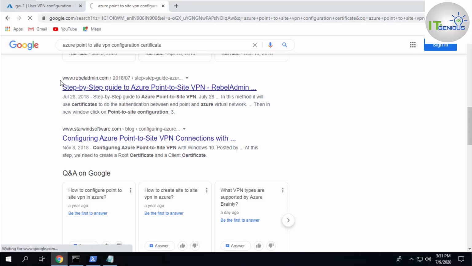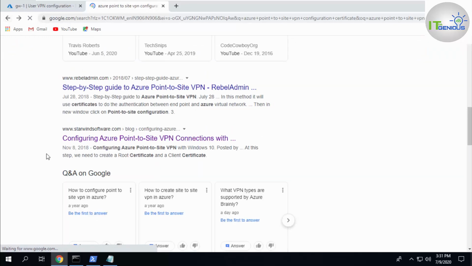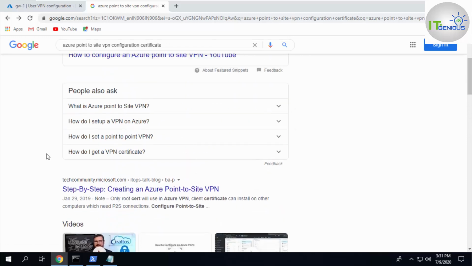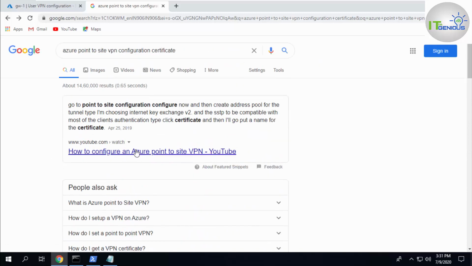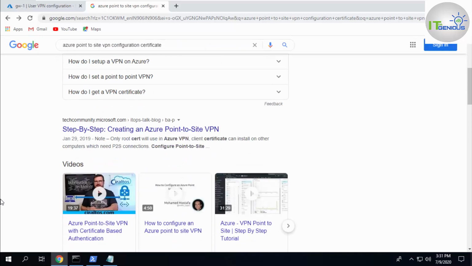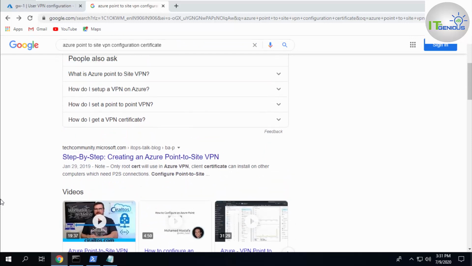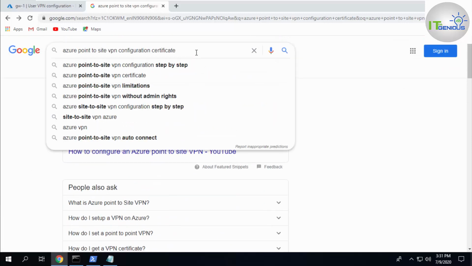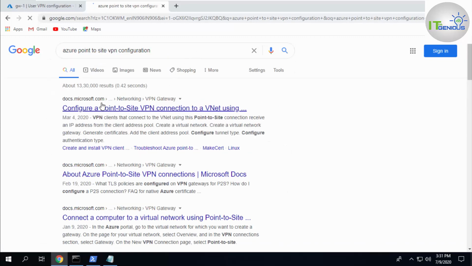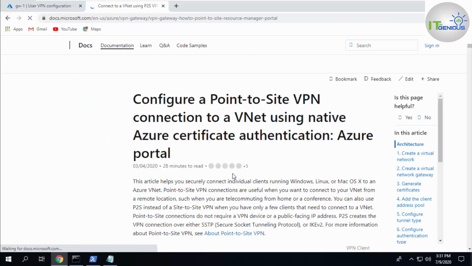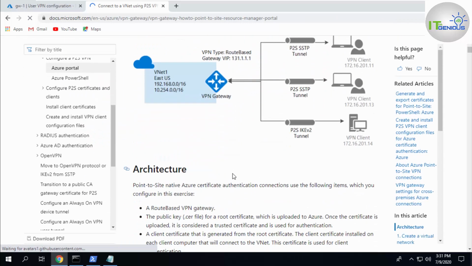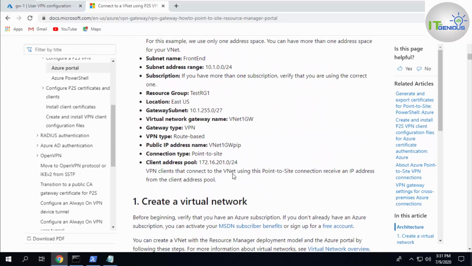Okay, so now let me show you an Azure document, a Microsoft document through which we can deploy. So let me open this link. From here you will get all the steps.